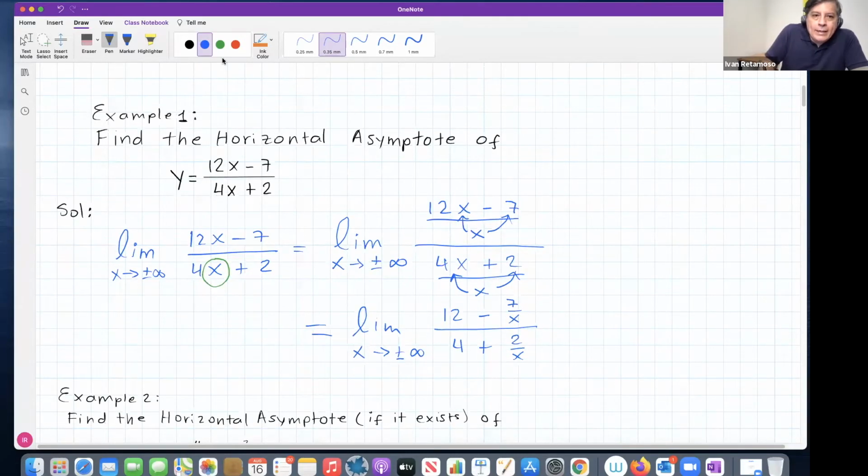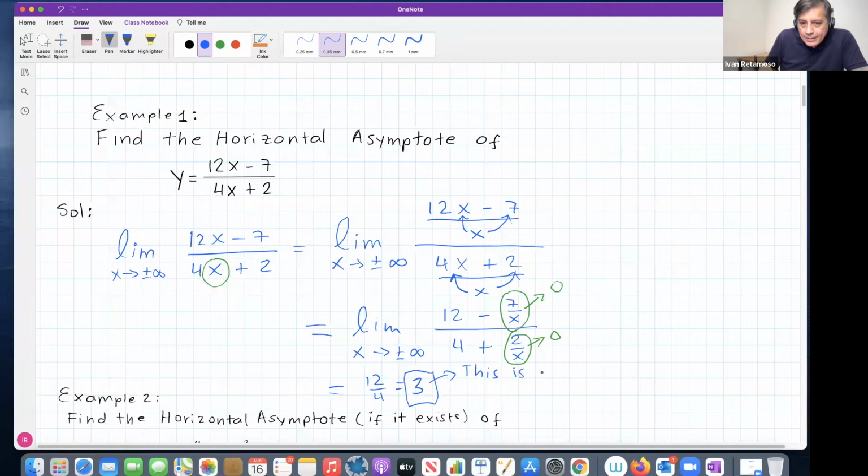Now we identify these terms containing x in the denominator, or powers of x. We know that in the limit, since x is a very positive number or a very negative number, this goes to 0. What is left? 12 over 4, which is just 3. Now, since this number 3 is a real number,